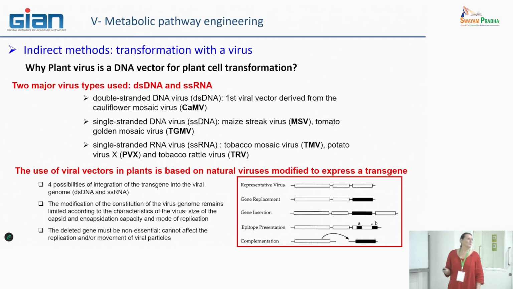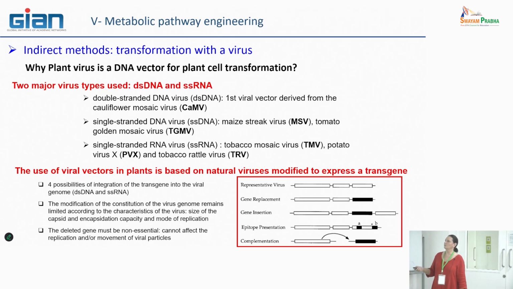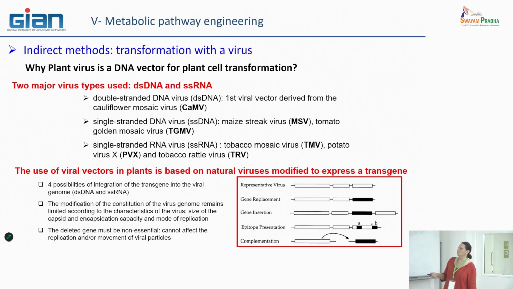What can we do with this type of virus? There are 2 major virus types used in biotechnology: viruses with a single-strand RNA, as I showed you before, or viruses with a double-strand DNA. Here are the names of the most used viruses, in particular CaMV and TMV. And here are the 4 types of virus genome modification